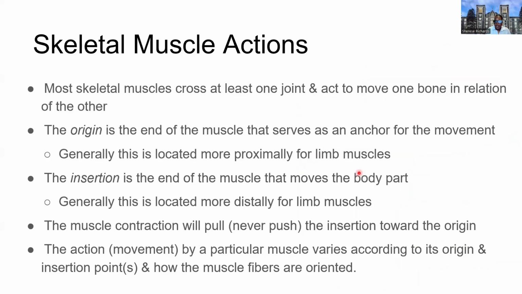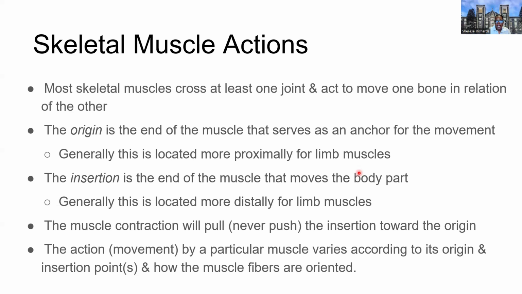All right, now some important concepts to think about before we begin the discussion of muscles, talking about where they are, talking about how they move. We want to think about muscles as acting across at least one joint. So for example, as we talk about the biceps, it's going to start at the shoulder joint, but it's going to cross the elbow joint. Thus, its action is going to help with flexion of the elbow as well as supination of the elbow. So muscles that we'll speak about usually suspend across at least one joint. Some suspend across two, which we'll talk about in the lower extremities, but most of them suspend across at least